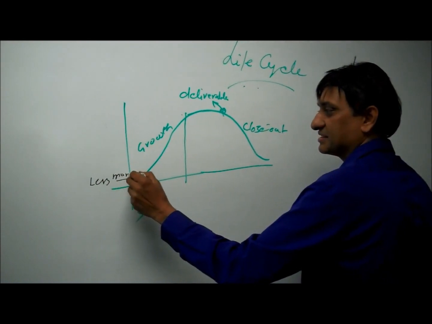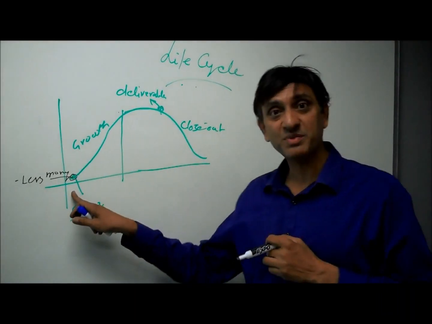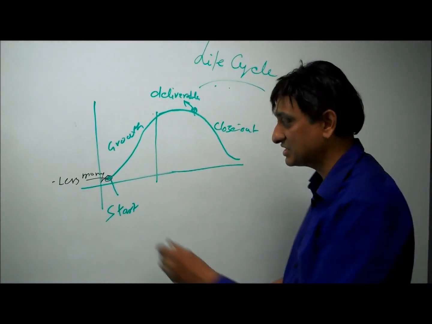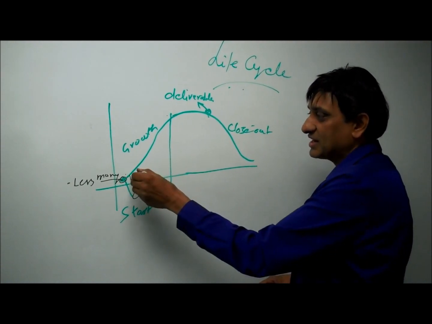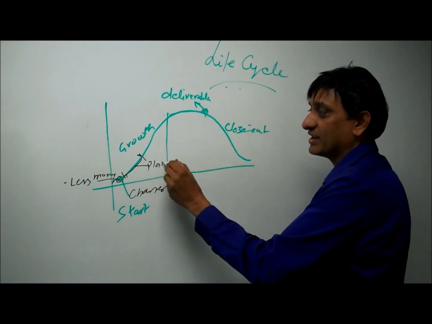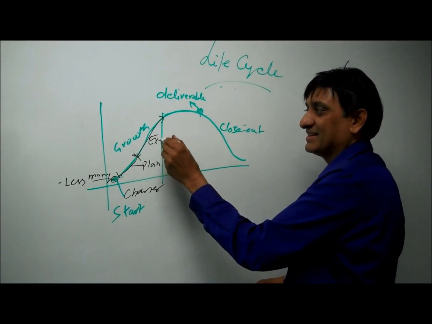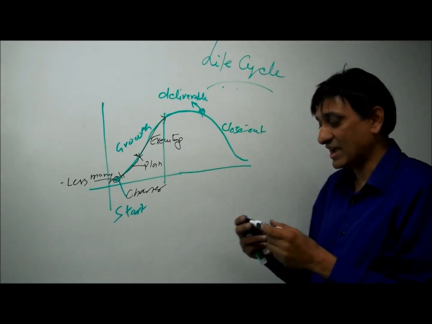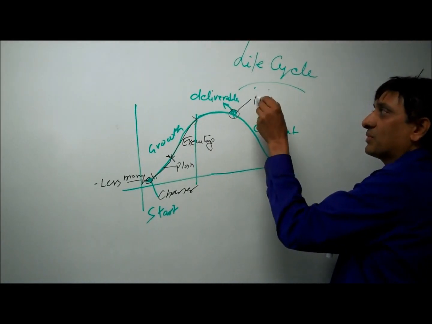Less resources, but a lot of thought, ideas, a lot of stakeholder engagement and involvement here, right? Sponsor, what do they want? What is the charter of the project? This is where you create the charter. And then here you start your planning. And your plan is ready as to what you're doing. And then you start executing the project or putting things into action. When you put things into action, you start getting the goals, right? The goal is to achieve a deliverable or a product.